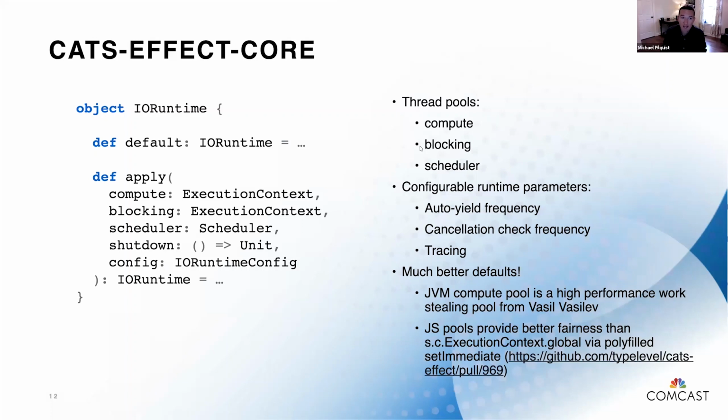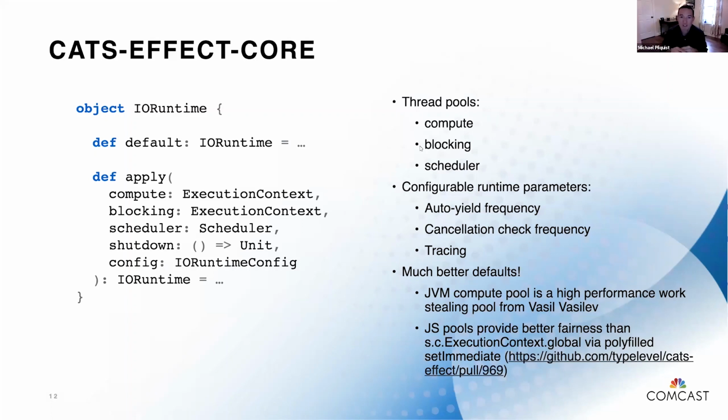There's a default IO runtime provided for both the JVM as well as Scala.js. And unlike Cats Effect 2, the defaults are much, much higher performing. In fact, despite all the things I'm talking about today, Daniel Spiewak predicts that the thing that people are going to like the most about Cats Effect 3 is the performance improvements they get from their programs as a result of the compute pool. In particular, the JVM compute pool that we have now is an amazing bit of work done by Vassal that really takes the ideas from the Rust Tokyo project